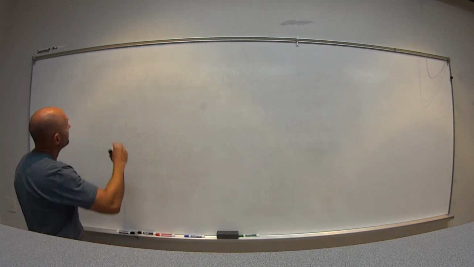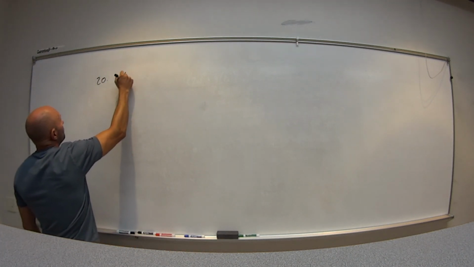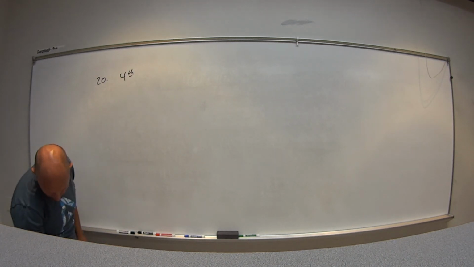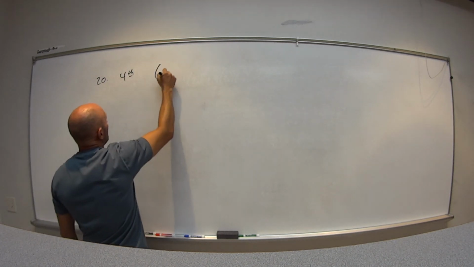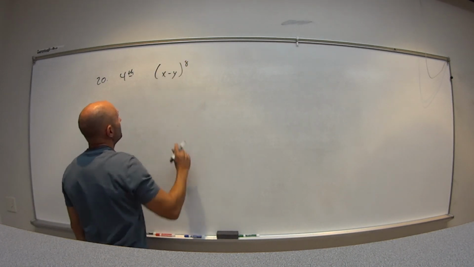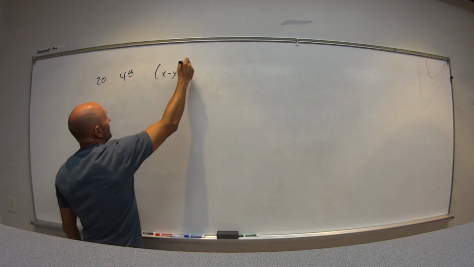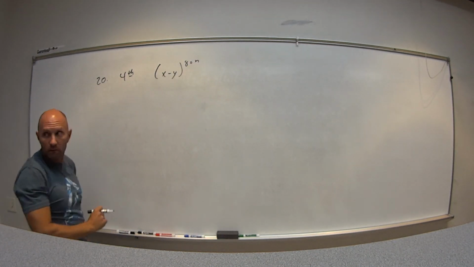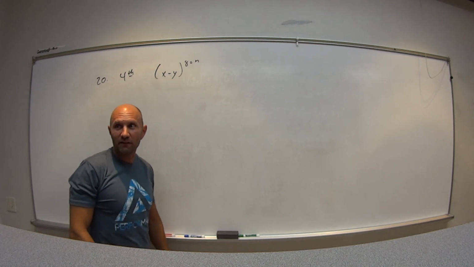In 20 we want the fourth term of the expansion of x minus y to the eighth. So 8 is my n, so the specific term,